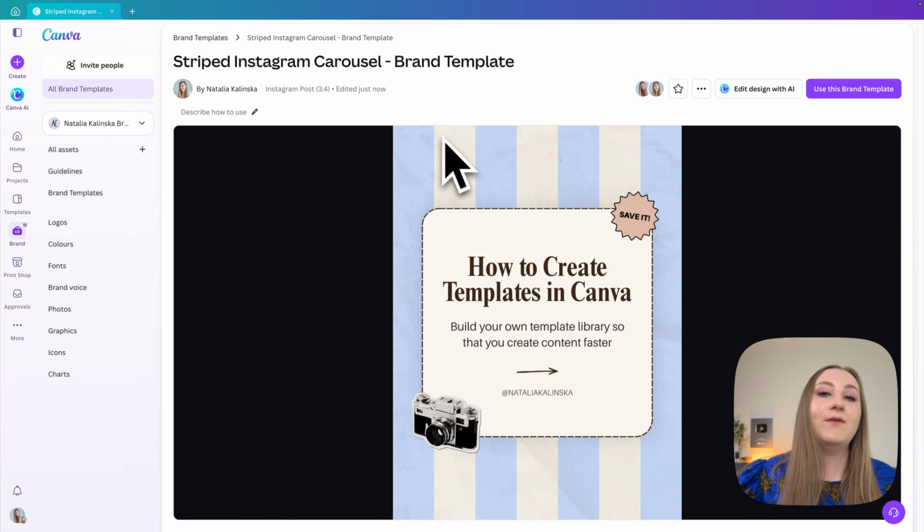So for example, if I know I'll be batching some carousels for the future, I can jump into that folder and use this from there. By the way, I cover more of these tips in this video, so go watch it. This is definitely one that you have to see if you want your Canva not to be a mess and